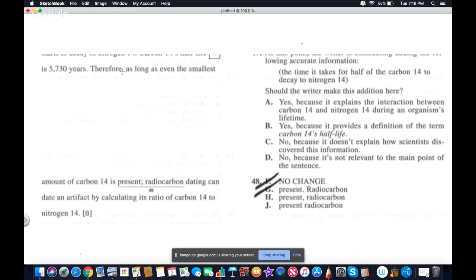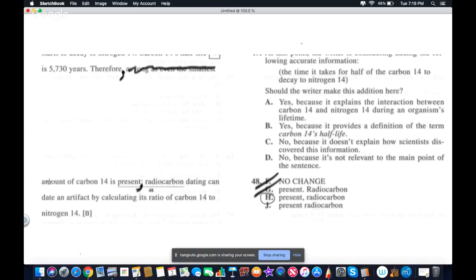The problem is, I think, and I'm not totally sure here because I haven't looked closely at this yet, but therefore, comma, as long as even the smallest amount of carbon is present, comma, radiocarbon dating can date an artifact by calculating its ratio of carbon-14 to nitrogen-14. There's a comma here. And the reason why I'm going to go with H is because these two commas here and here work together. How do they work together? Well,